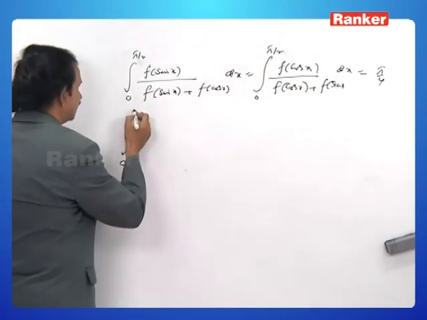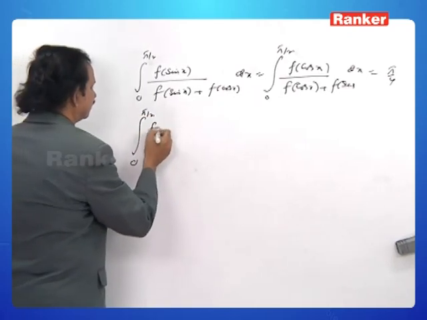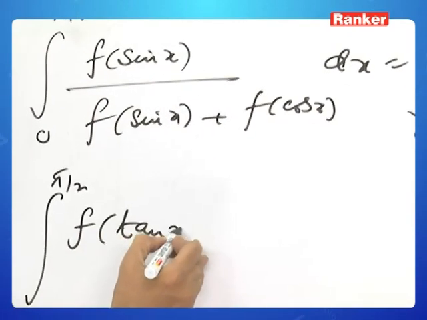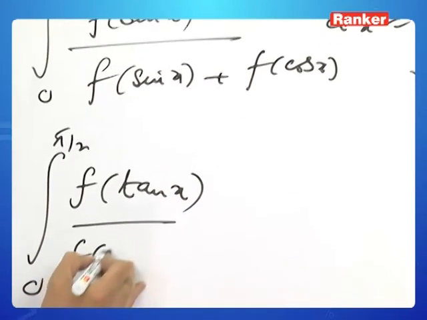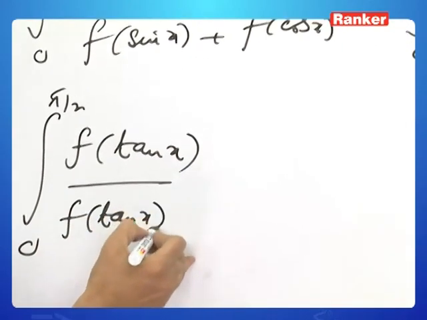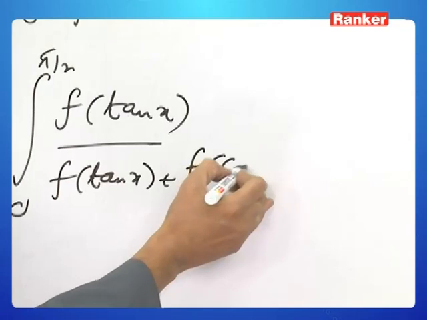Just like this, integral 0 to pi by 2 f of tan x by f of tan x plus f of cot x